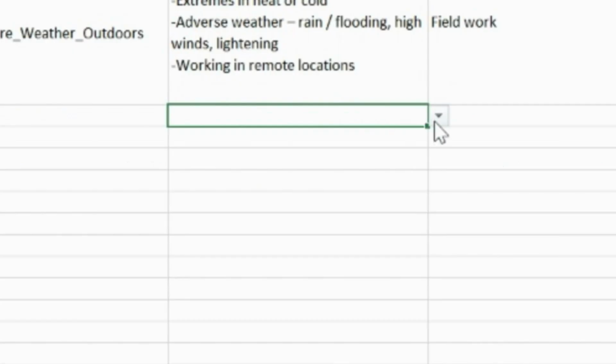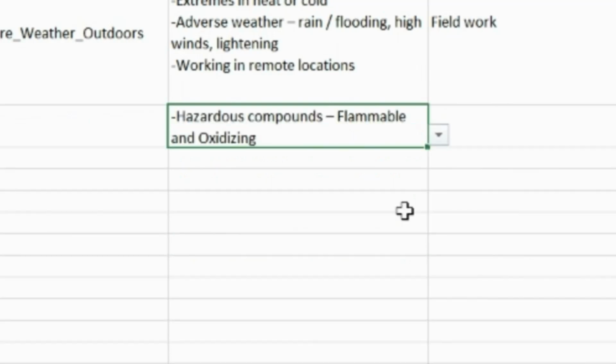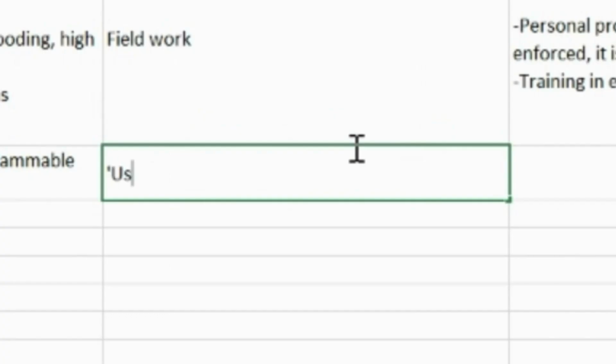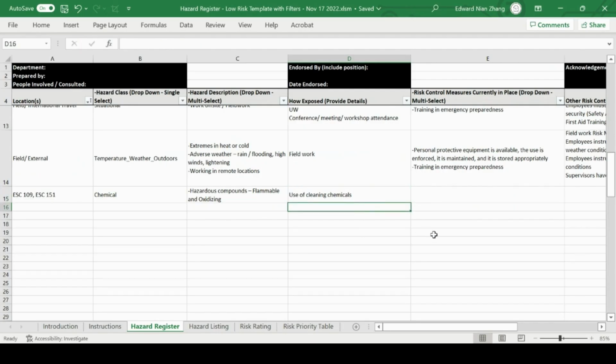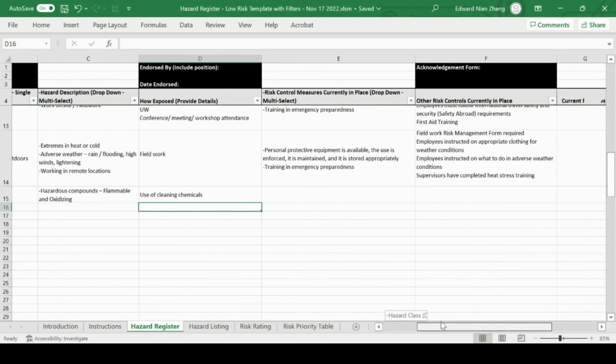Next, we will enter the hazard descriptions associated with the location. So for this example, we will choose the flammable chemicals option. For our first entry, I will enter use of cleaning chemicals, as this first entry will be about cleaning solvents that can be flammable. As for this scenario, we will be addressing the use of cleaning solvents for disinfectant purposes